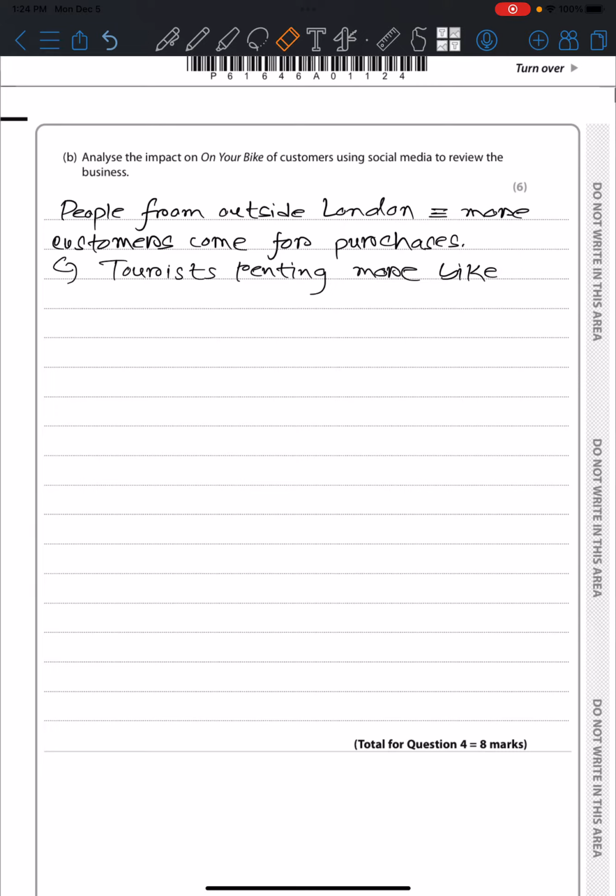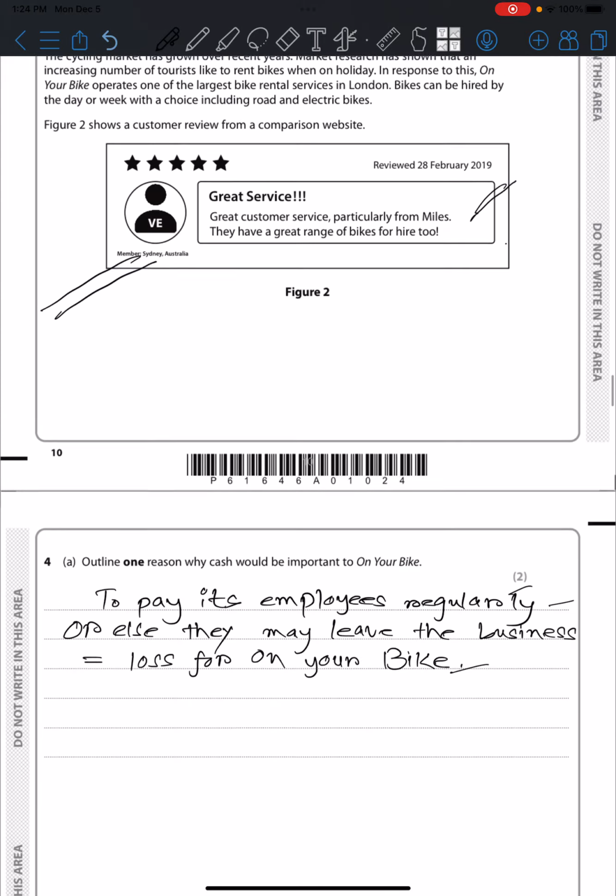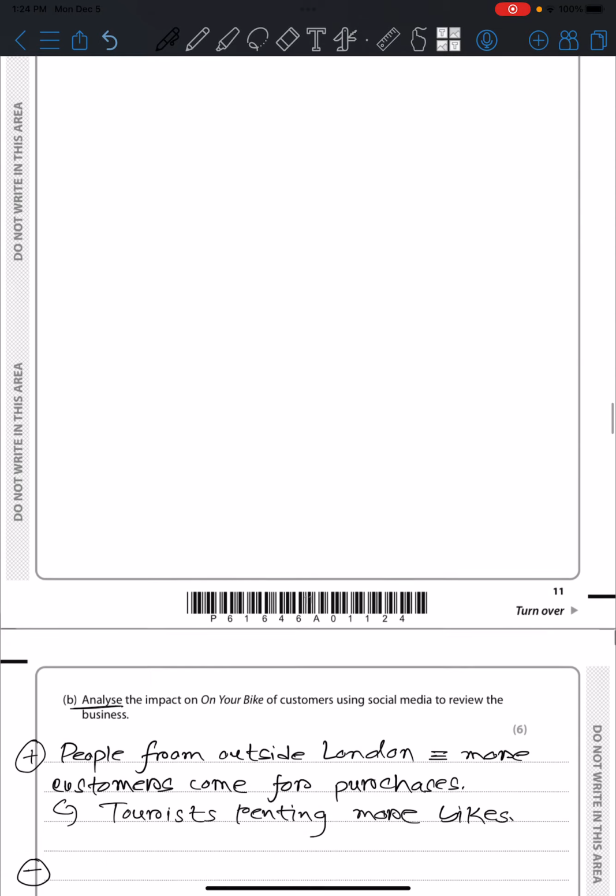Bikes and more sales, more profit. This is the positive point of social media reviews. We have to write one negative point since it says analyze. So one negative point might be that this over here gives us a positive review, but someone might as well